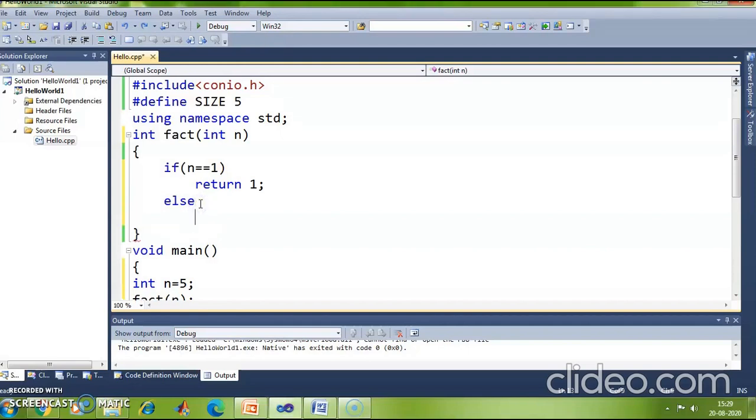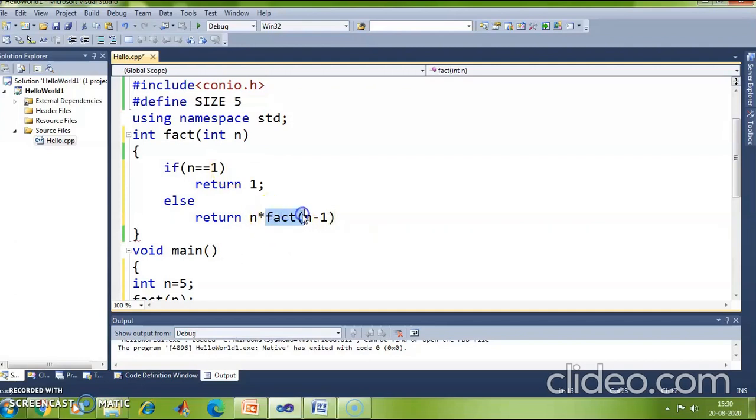Similarly, here I will also return, I am finding the factorial of a number n. So I will write here n into factorial of n minus 1. Okay. So what is this fact?